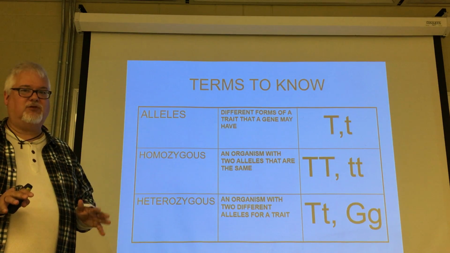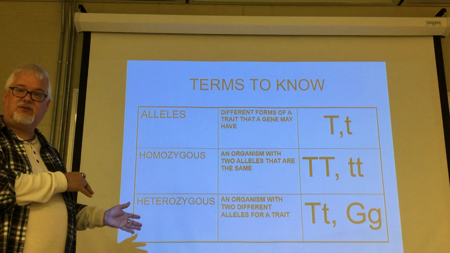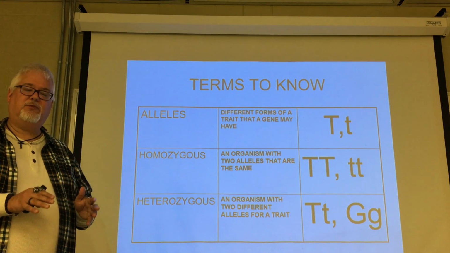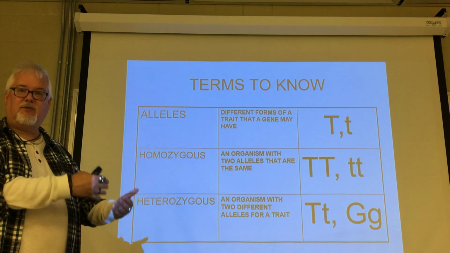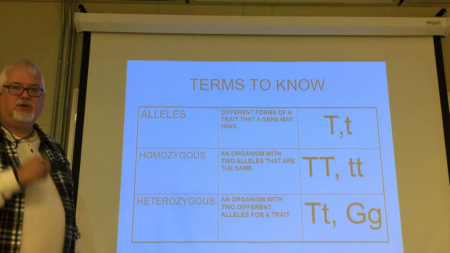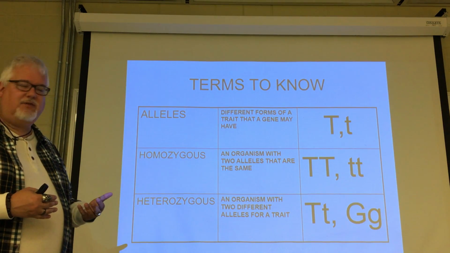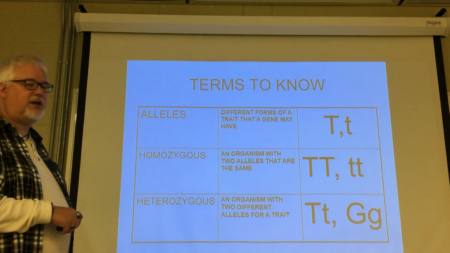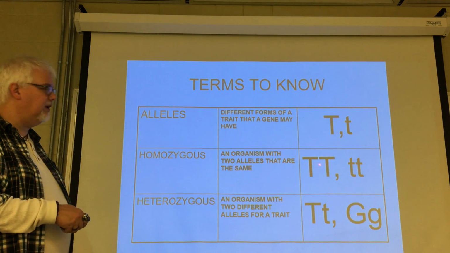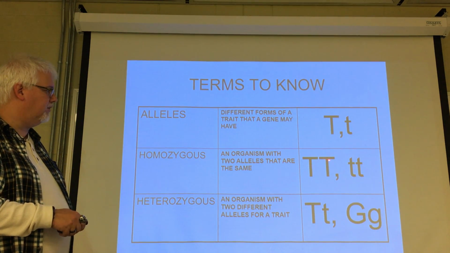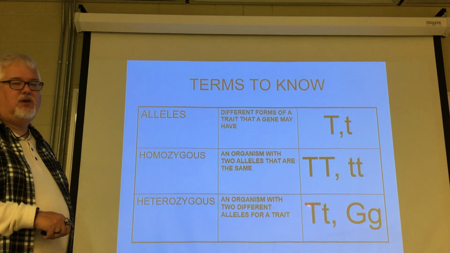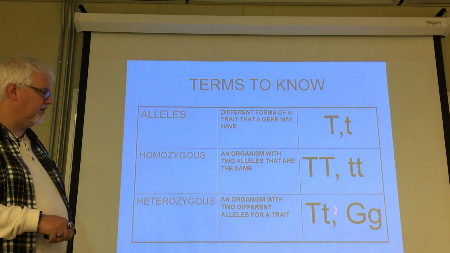Now, I'm not going to get into sex chromosomes and the differences that exist there. So for the purposes of our discussion for right now, we're only going to focus on the 22 autosomal, meaning non-sex chromosomes, that are inherited and carried by every human. Okay? Now, these alleles come in one of 2 different versions, possibly, for each individual. Now, it's possible that for whatever trait we're talking about, you are homozygous for that trait. This means that your 2 alleles are identical. You have 2 capital T's or 2 lowercase t's. It's also possible that you are heterozygous, where you have a capital and a lowercase, in this example, T's or